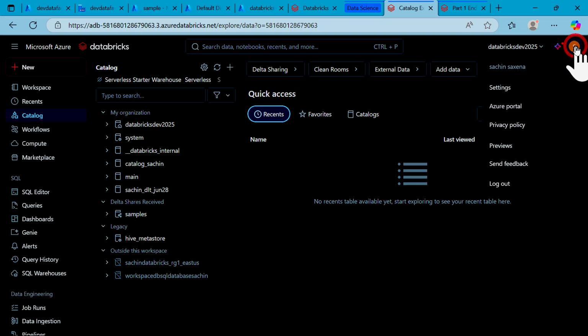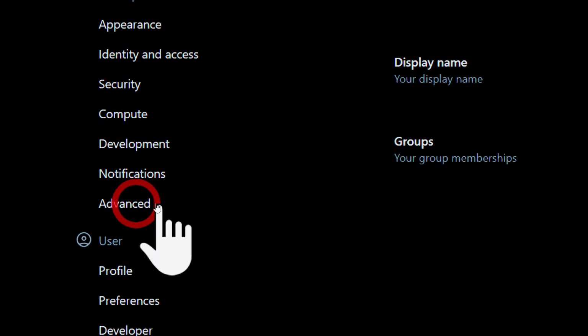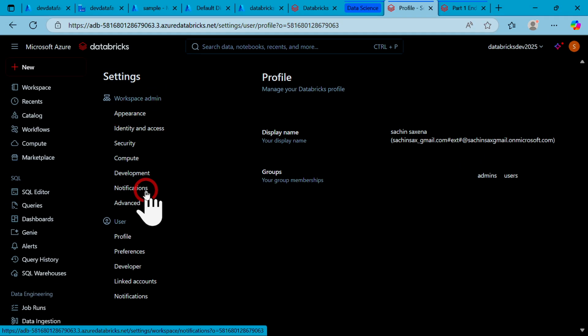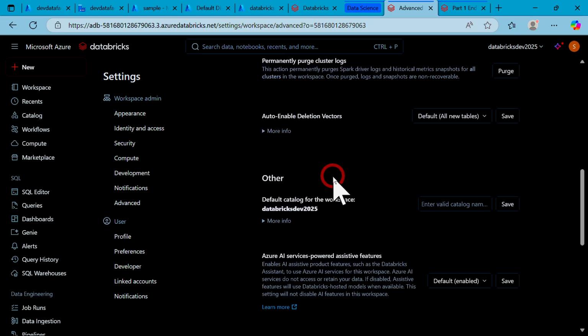What I'll do, I'll go back to my settings from the right, select my settings option, go back here, and in this advanced option, under workspace admin, you will find